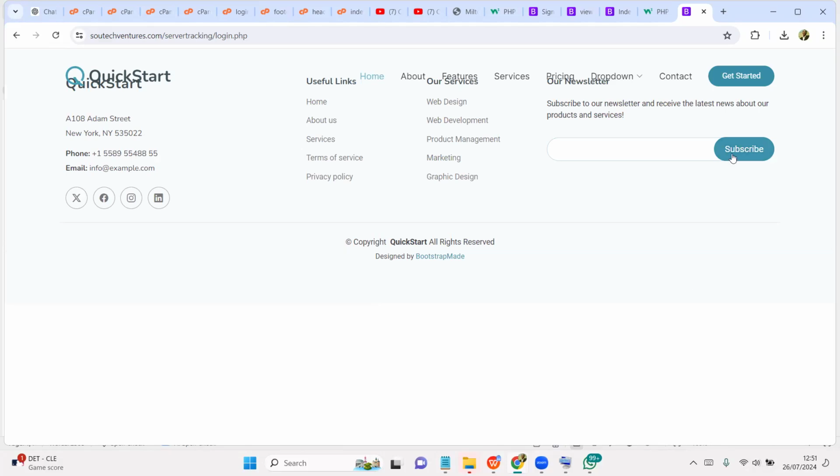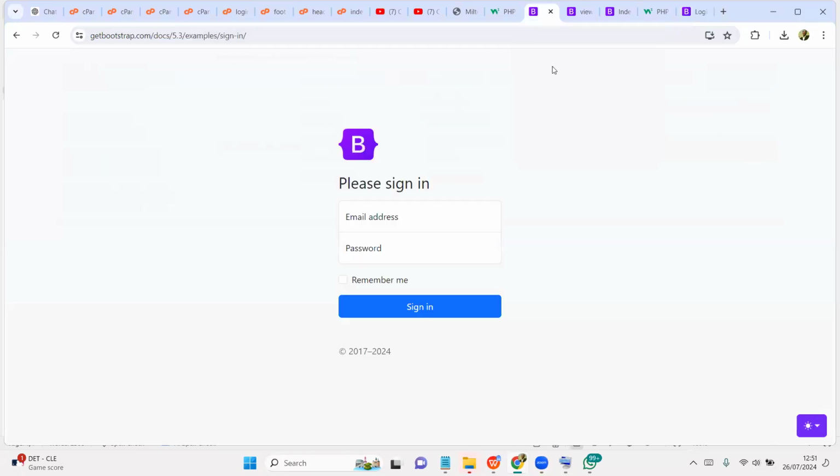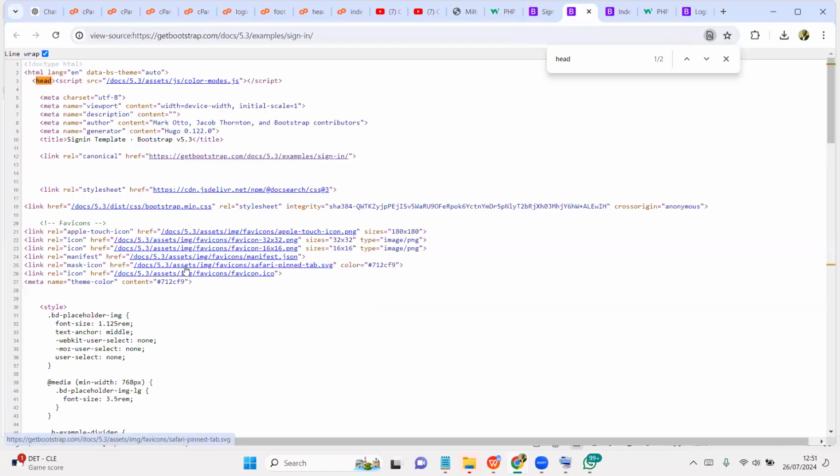We change this get started in the home page, call it sign in. So when somebody clicks on it, he goes to the login page and he now comes to this sign in page. So I will just go to the Bootstrap, which is this page we have here. So where are we cloning from? We're going to be cloning from